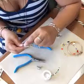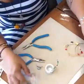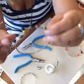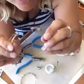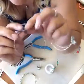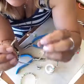Rosalind, unfortunately, no, they only come in the one size, but I was looking at them and thinking you might be able to customize the size by adding an extra link in here, because as you can see, when they're not connected, there is a little bit of a gap there. You could pull it out a little bit more and maybe add a beaded link here, or some chain or something else, to make a wider bracelet for those who need it. They're thick wire, so they're not going to bend on you very easily, but